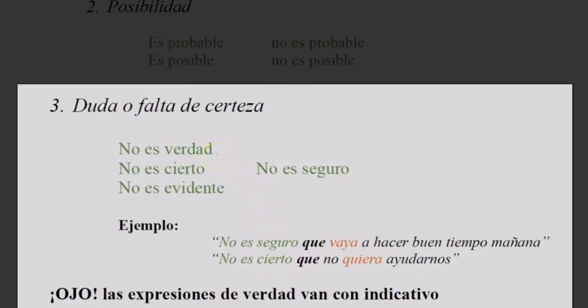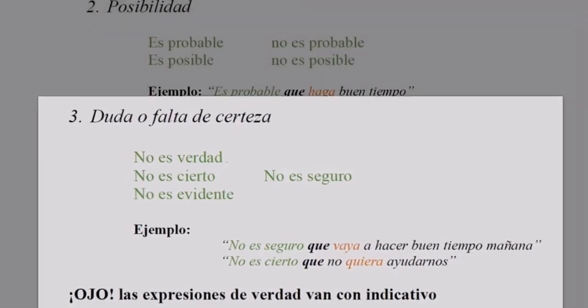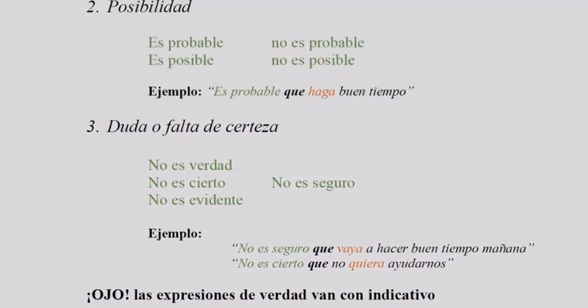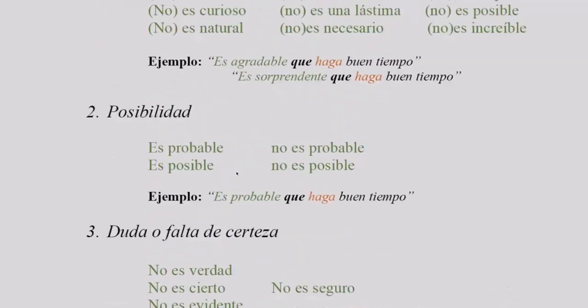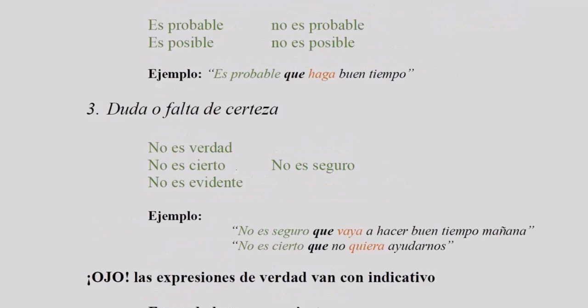So again, if you take a quick look at this, almost all impersonal expressions require the subjunctive. Once you see that, es probable que, no es probable que, es verdad que, no es verdad que, no es cierto que, es agradable que, es bueno que. Almost always you can be just like automatically sure that you're going to require the subjunctive. So every time you see one of these impersonal expressions, it's a big alarm. You should watch out. It's like, hey, most likely I will need to use the subjunctive.